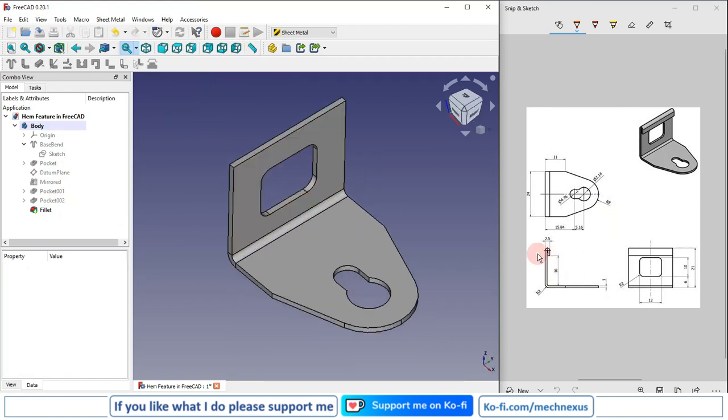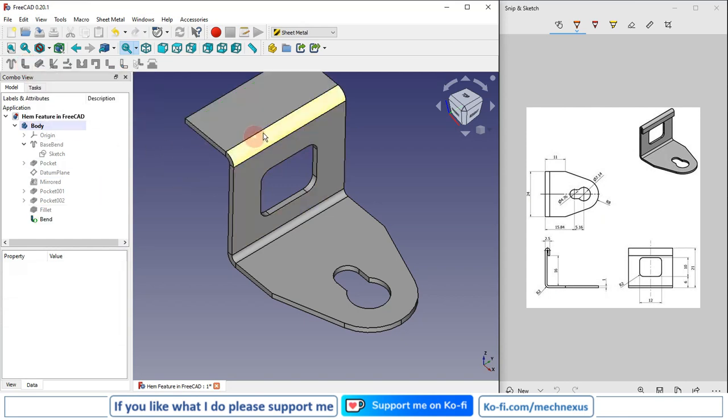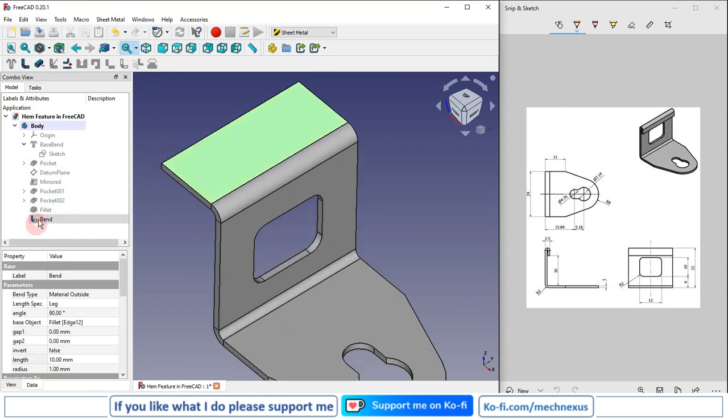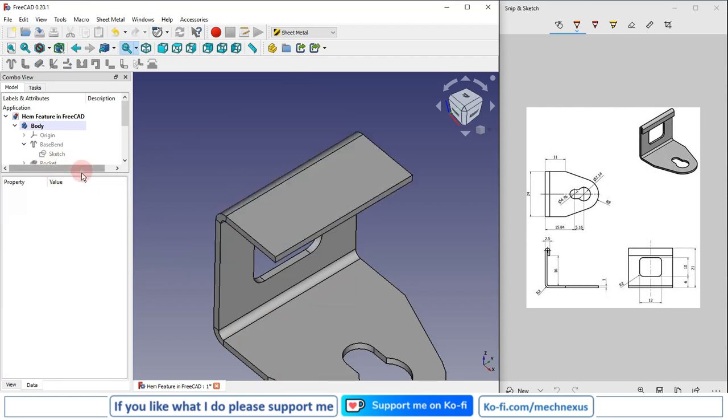Now to create this hem, I will select the edge and I will click on flange. So here I have created a flange. Now we will modify this flange to hem. So for this I will select my bend, and here I will first invert my directions, and then